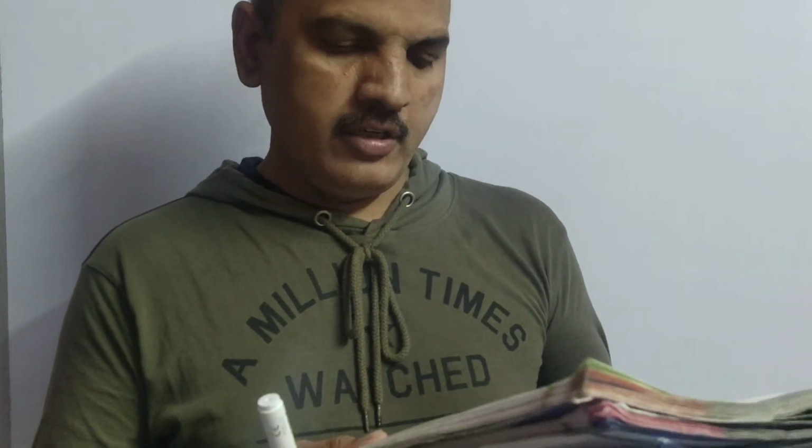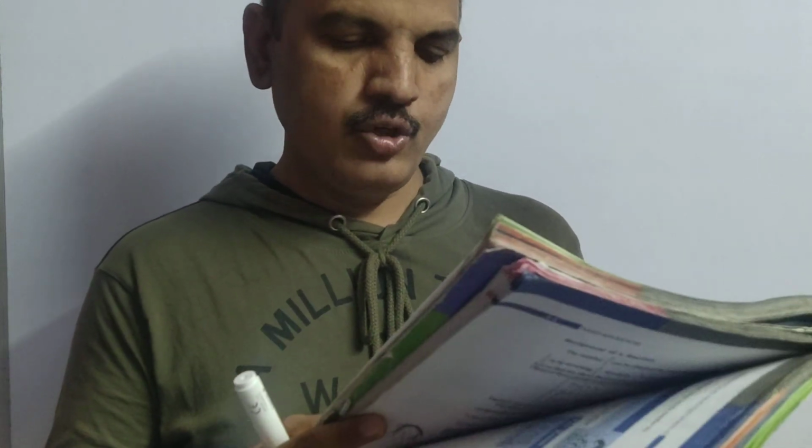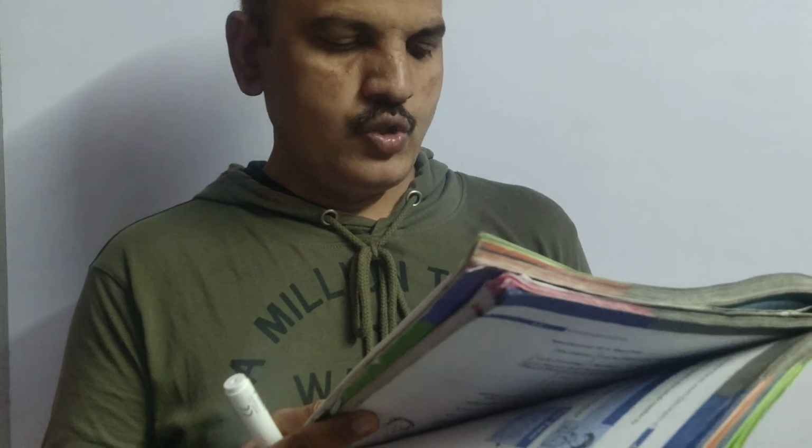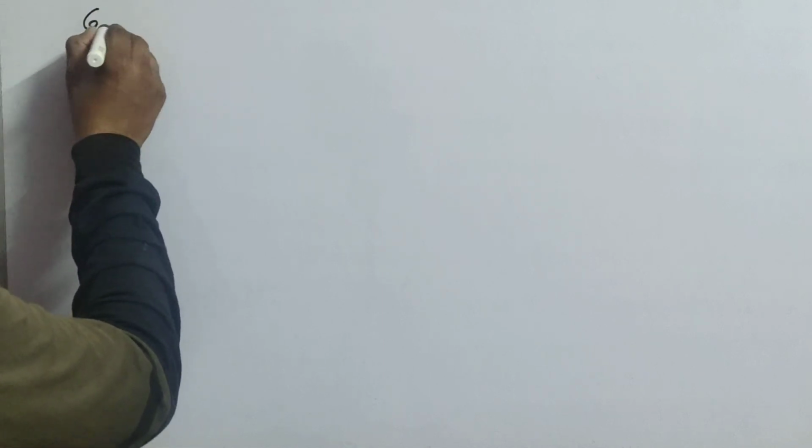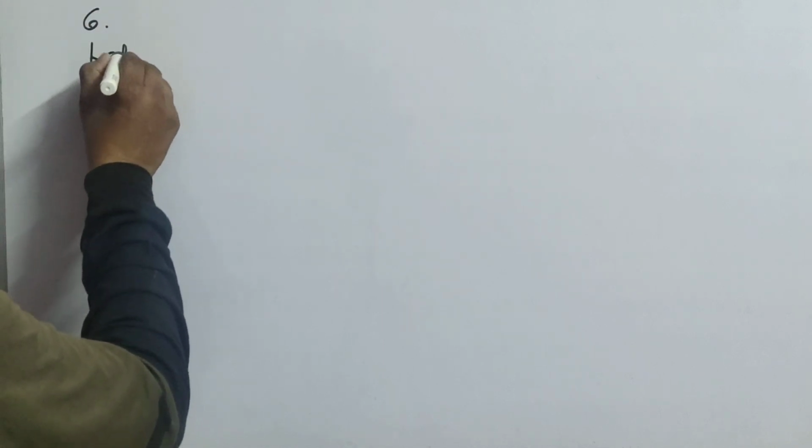So here, while bargaining, what happened? She loses 20%. So what was the price at which she bought it? It is asking for the actual cost price of the washing machine. Do you know the cost price of the washing machine here? We don't know.